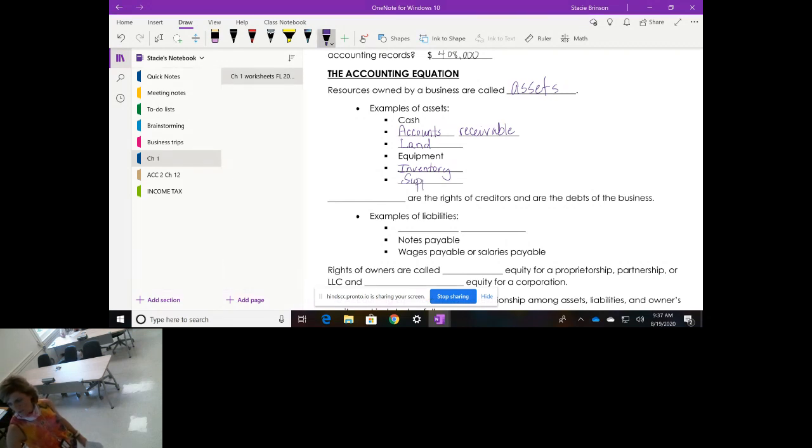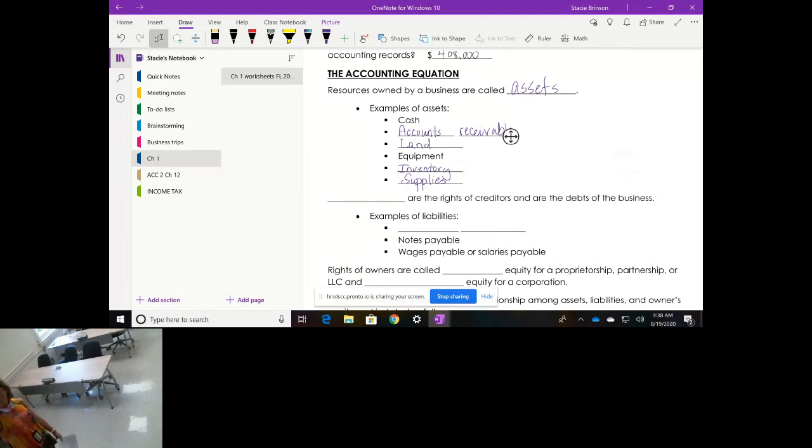I'm going to go ahead and tell y'all that a little bit down the road, not too far, we're going to have supplies expense as well. When you see just the word supplies, that means supplies that we have on hand that we have not used yet. So it's kind of like your supply closet. It could be your closet with your paper towels and your cleaning products, or it could be your supply closet with your pens and stuff, because you go to Office Depot once every 3 months and you buy a whole bunch of stuff. You're not going to use it all at one time. So when you buy it, you put it in supplies, and then every month we take off what was used.